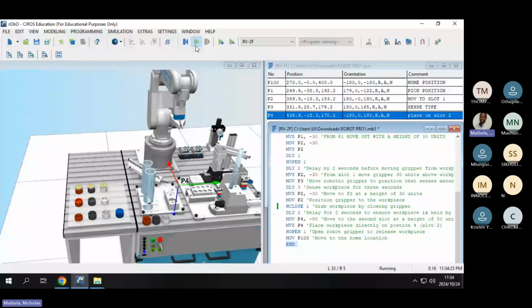So yeah, the essence of this lab, guys, is to just teach your robot, and then after you've taught your robot, write commands, right? Joining all those positions that you set, and then once that's complete, you'll just fold your arms and watch your robot do the work, right? So this application,